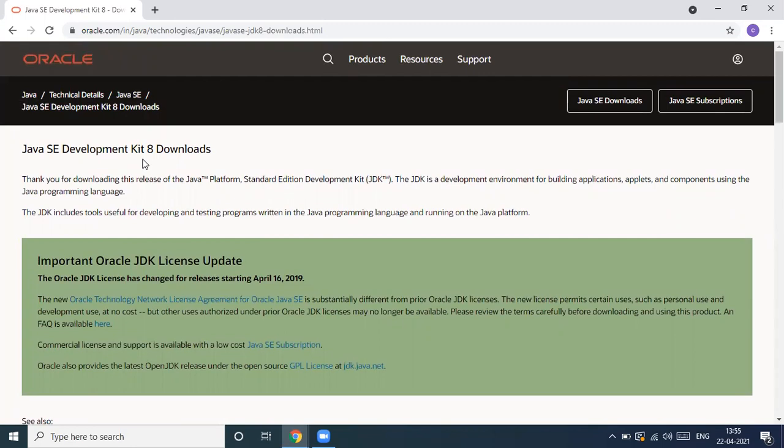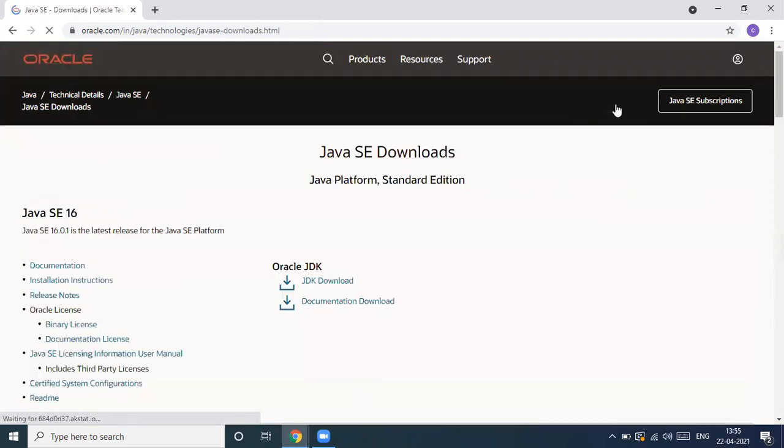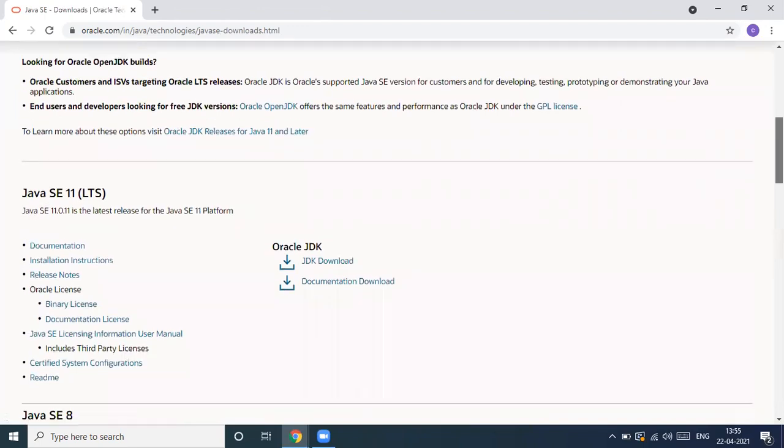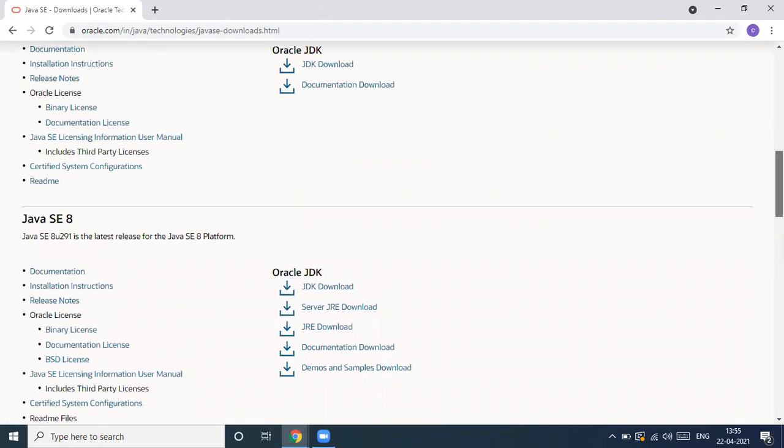But if you want to download the latest version, then click on Java SE downloads. So this is your latest version of Java's Standard Edition, that is your Java software, and the latest version is 16. If you just scroll down, you can see even the other versions which are available for download, that is Java SE 11, Java SE 8,